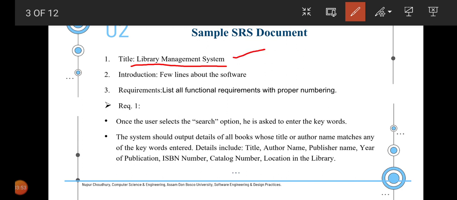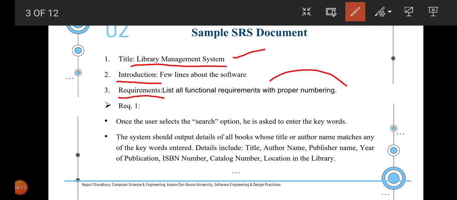After that the organization starts, where the introduction comes in the very first part, and you have to write a few lines about the software that is going to be developed. In point 3 it is mentioned as requirements, which constitute the functional requirements with proper numbering.